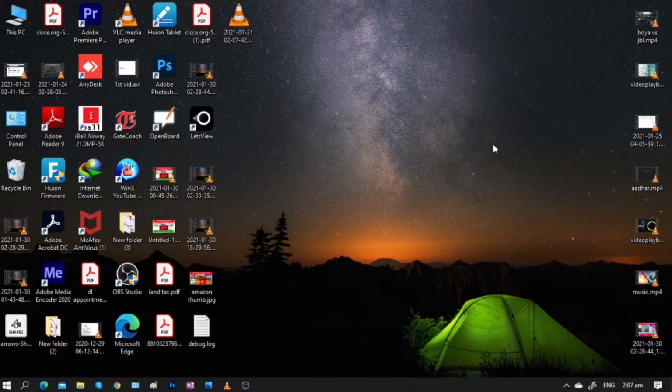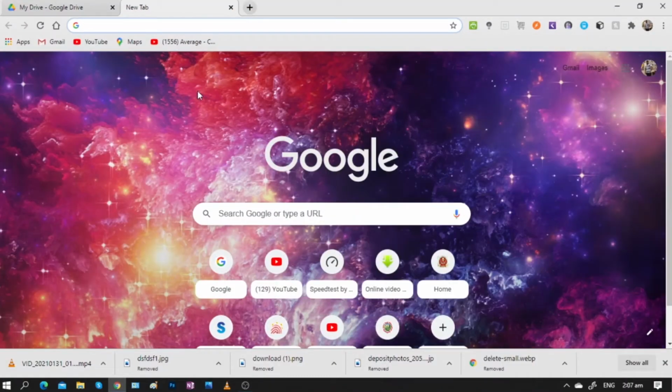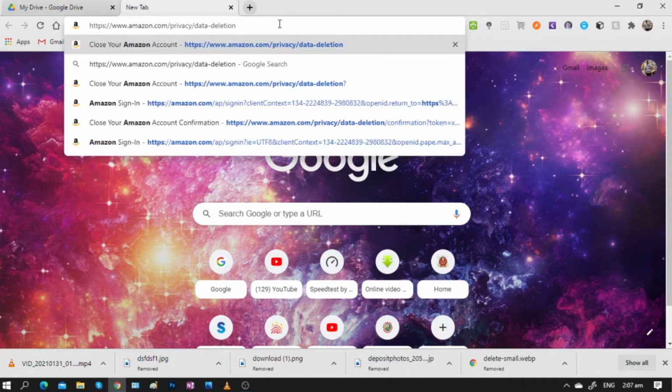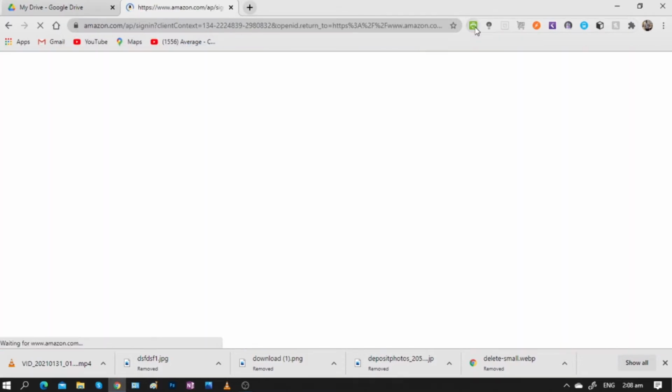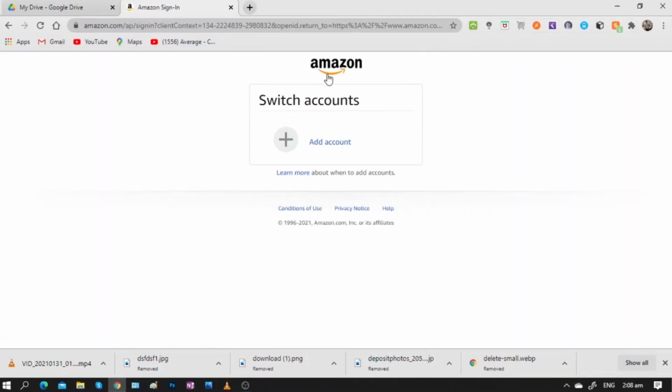Let's get to my computer screen. Welcome to my screen. So, let's directly head to Google Chrome, and I will just paste a link which I have given in the description below. So I have pasted the link. You can see this is the HTTPS link, and you can directly type and go over there. So I'm just going over there, and Amazon asks for a sign in. I do not have any account, so let me add my account in this.